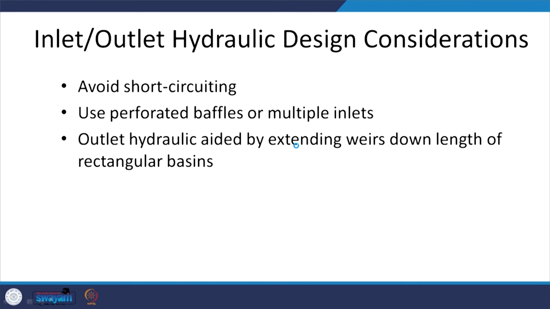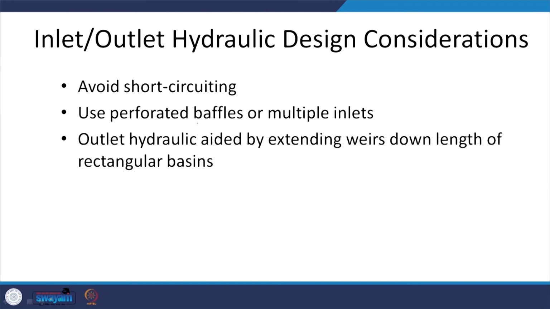And inlet and outlet, as we saw from some of the figures, I want to have uniform distribution. I do not want short circuiting. If I have short circuiting, that particular flow path will have particles that are spending less time. Obviously, if they spend less time, these particles will not be removed as efficiently as the particles in the other flow paths, let us say. So, that is something to keep in mind.